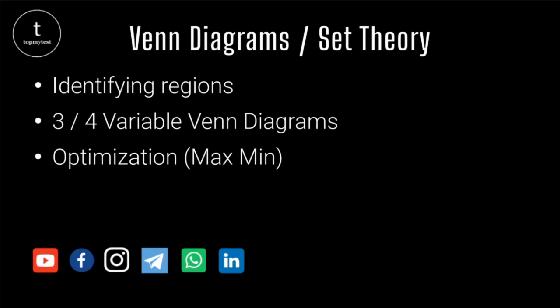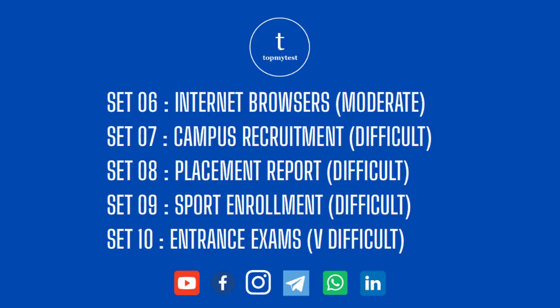A variation to the Venn diagram problems are optimization, max-min sort of thing. You need to optimize in terms of maximizing the number of people in a particular region or minimizing the number of people in a particular region. Now, unlike what gets asked in your mocks, like for example, maximize people who satisfy exactly 3 or minimize people who satisfy exactly 4, those type of questions directly never come up in the CAT examination. Again, those are usually done with a formula straight away.